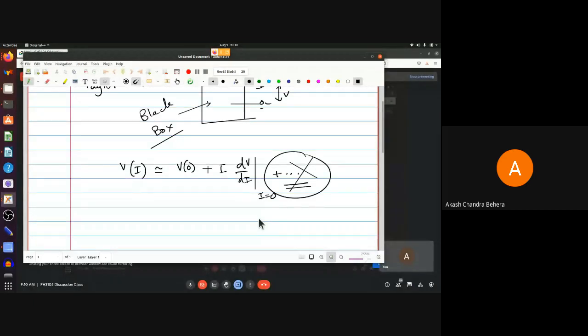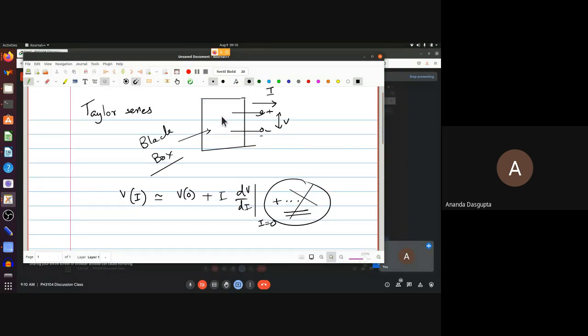Yes. Okay. One point would be, if you don't know what is inside the black box, if the black box is completely unknown to you, then you don't really know what is going on inside. You don't know this function. All you can do is measure stuff from outside, measure V as a function of I, and make statements about that. Of course, if you really want to completely replicate what the black box does, what you should really do is measure I or control I and measure V for different I's and get some kind of a curve which describes the V versus I thing.